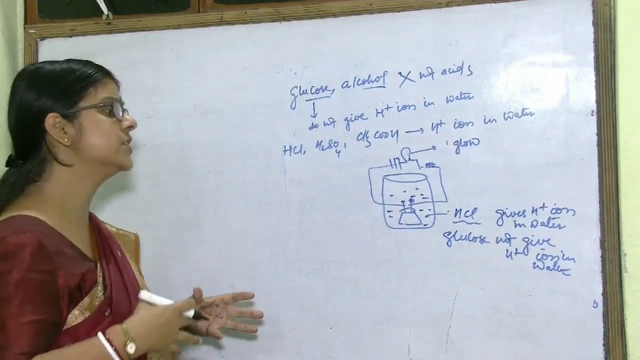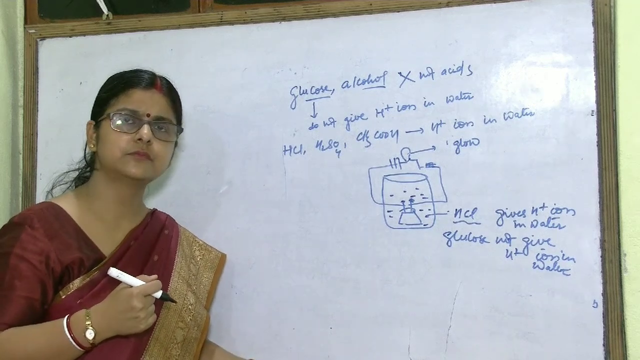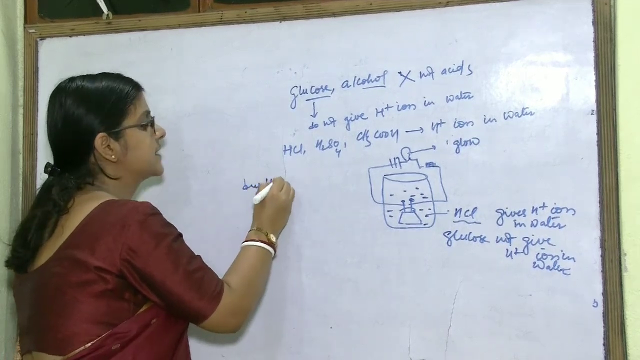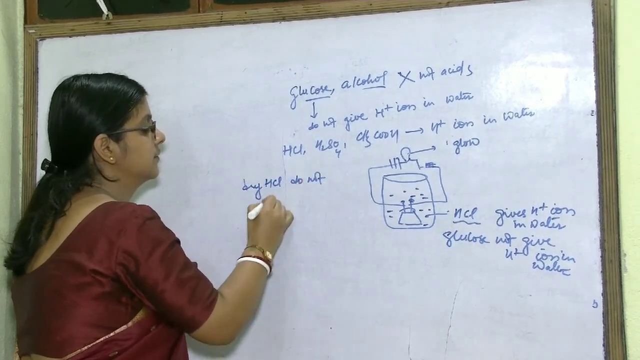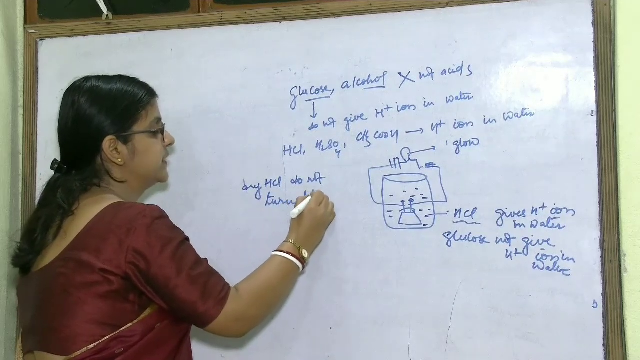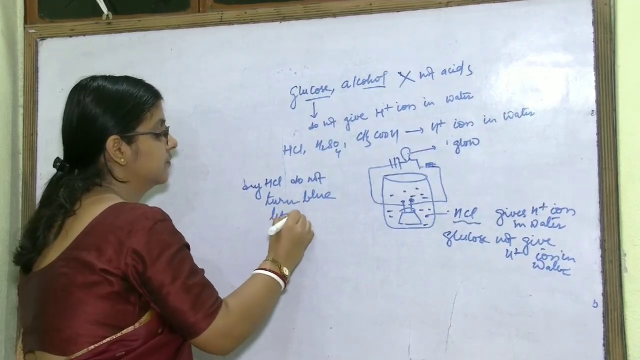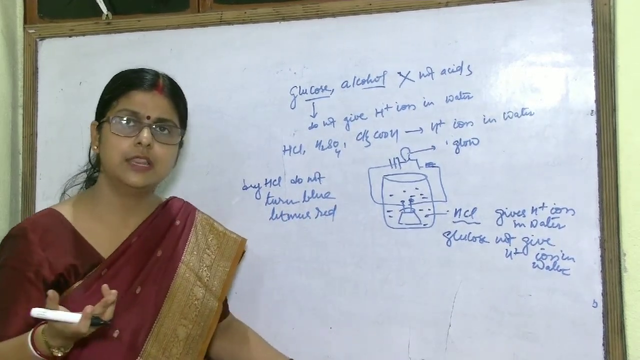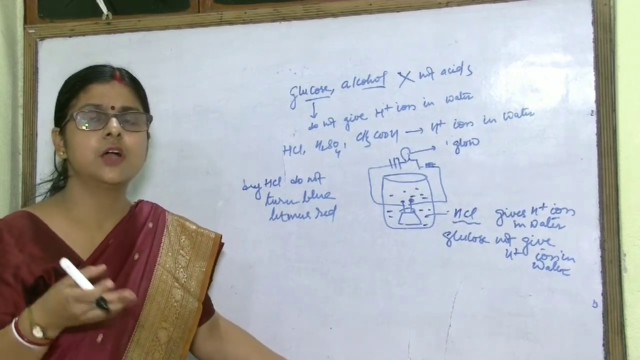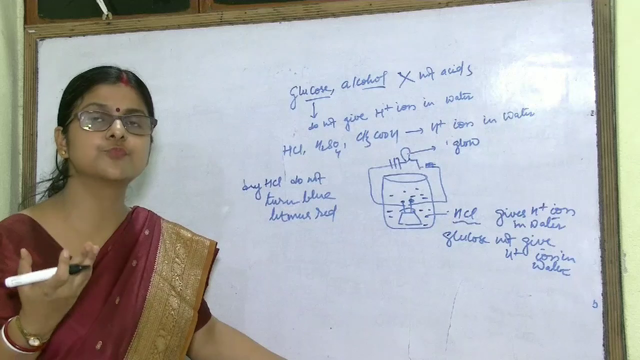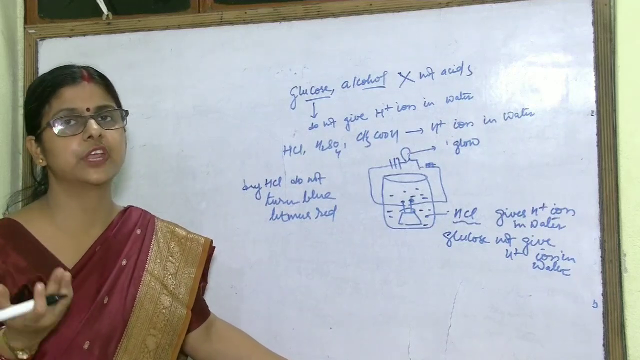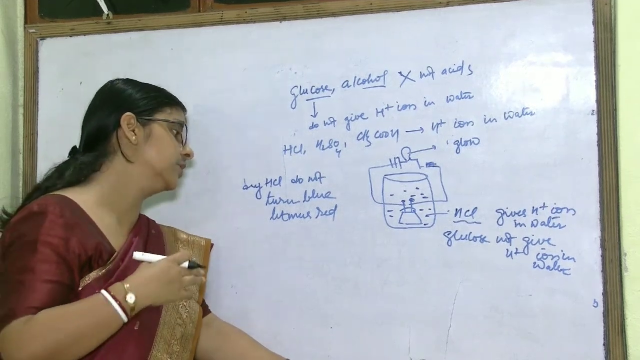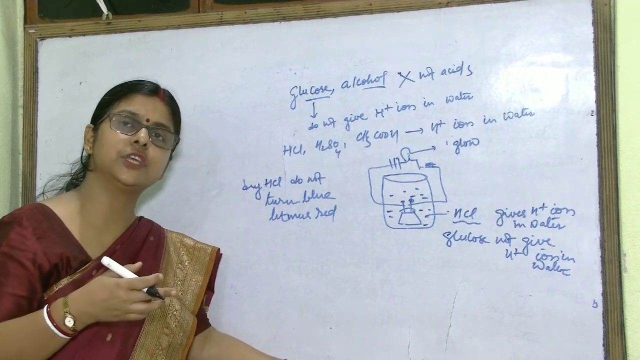Next, another question is given in your NCERT book. What is that? Dry HCl does not turn blue litmus red. You can do this experiment in your lab also. You will see that it always turns moist blue litmus red, but if dry litmus paper is there, it will not turn blue litmus red. There will be no change, because